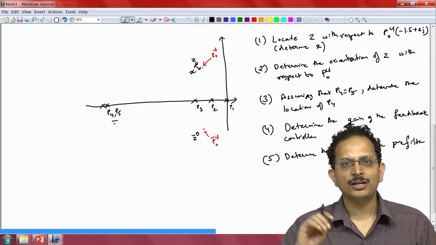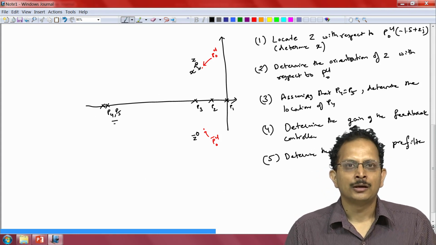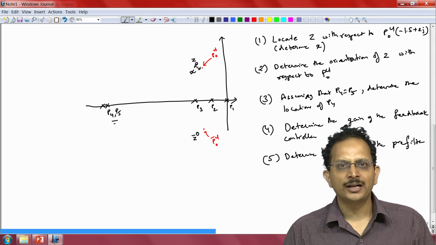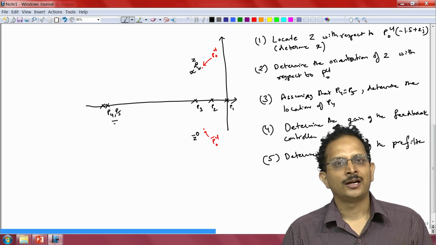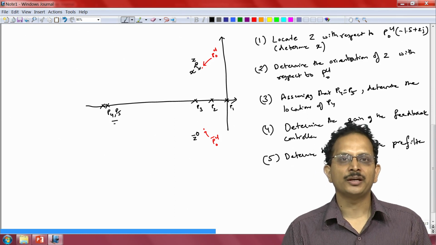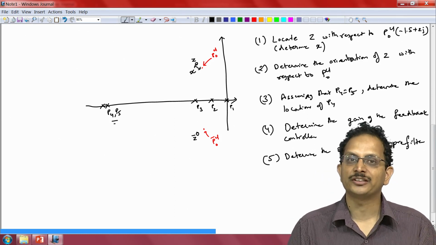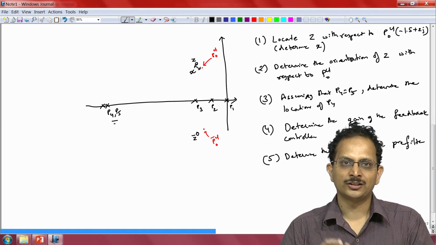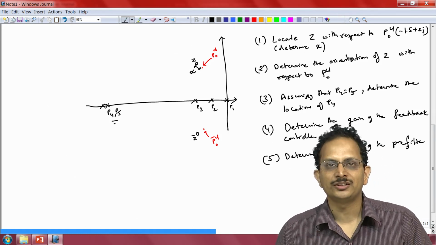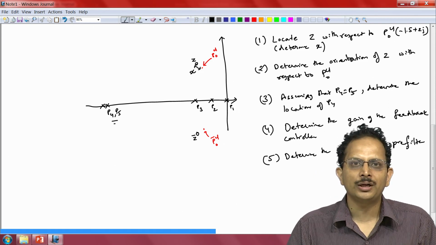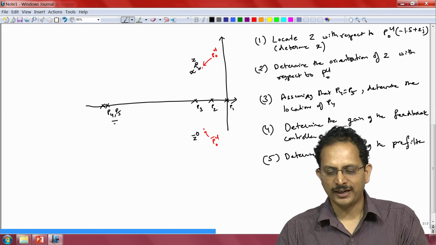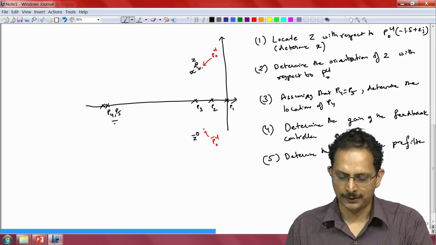So the second step of the design is essentially going to follow the same logic and arguments as the corresponding step that we undertook in our previous design example when we had uncertainty in the plant's gain. So in this clip therefore we shall not look at this in great detail, we shall just assume that we can apply the same steps and get the answer for this second part.